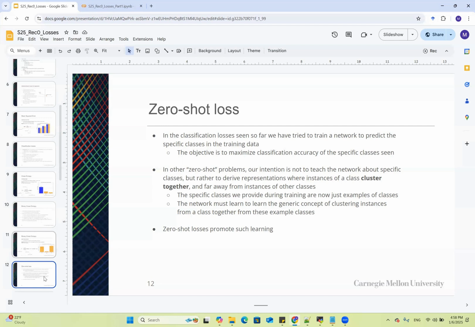So we can't expect a mouse in the testing set and expect our model to perform well on unseen classes. The idea of zero-shot problems is that our intention is not to teach the network about